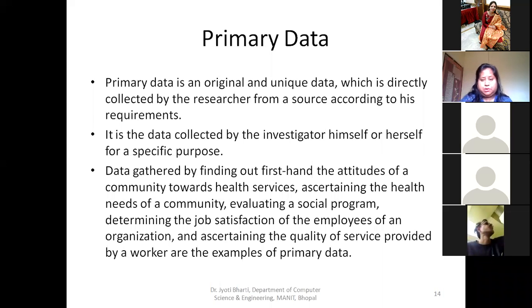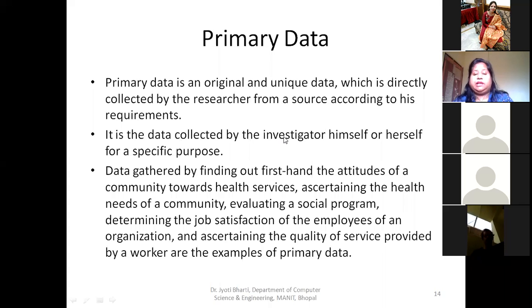For example, when we need to investigate something, just like the crime branch, they generally collect the data of the CCTV footage. CCTV footage is what? It is a collection of frames. So this is the primary data which has been acquired by the camera and it is used for the investigation.